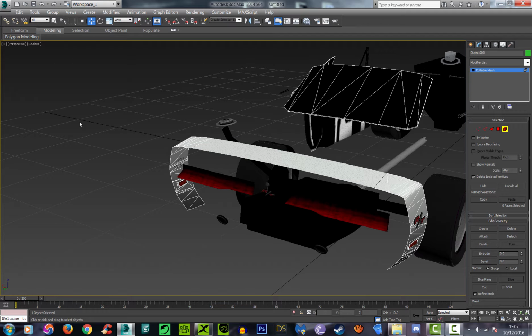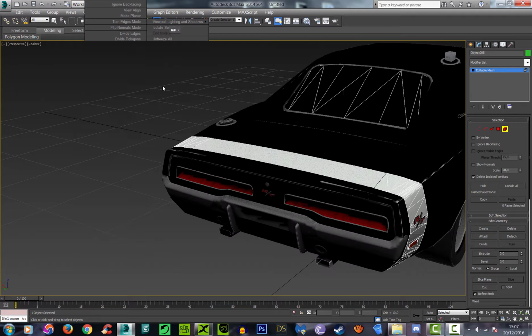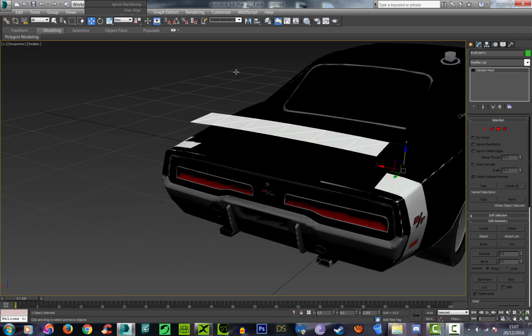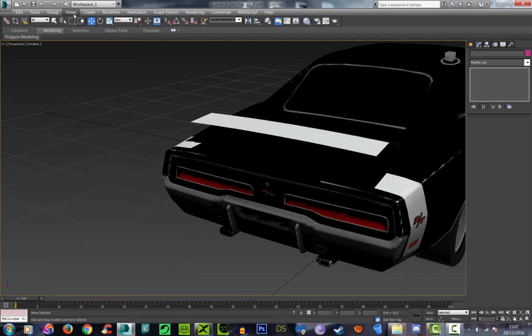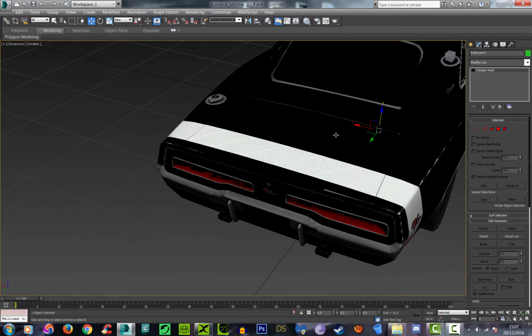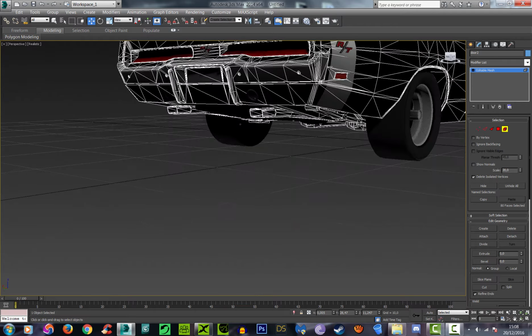That's about done. Now let's unhide all. Now as you can see, this part here is a separate part. Now what we can do is take this part here, the trunk,